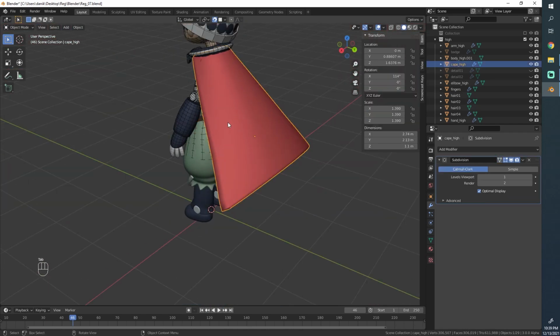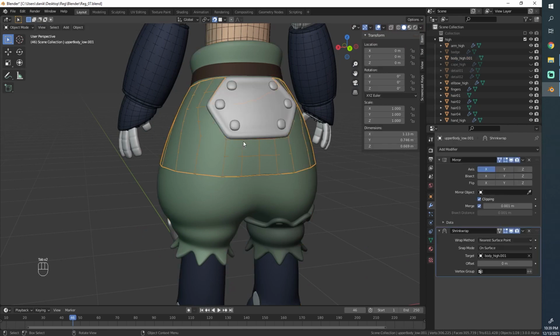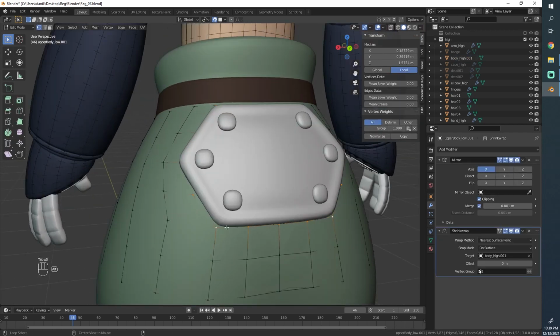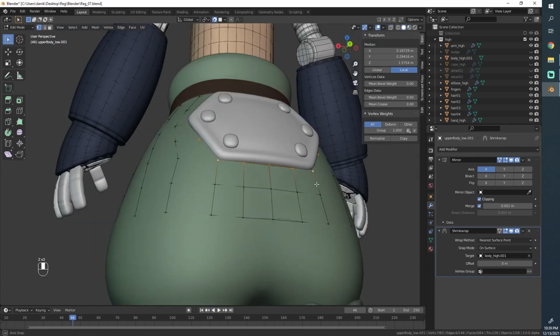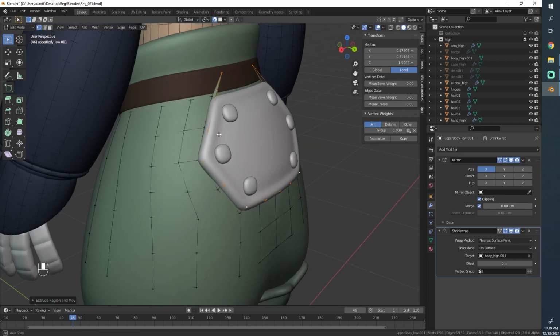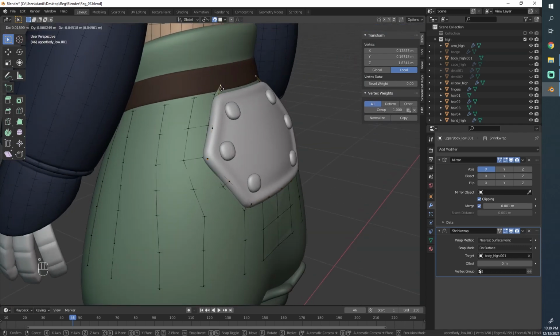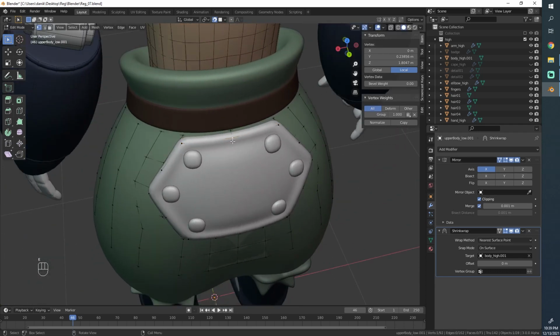So let's hide the cape. It's a bit in the way. Now we can quickly deal with this part. I'll select just the entire part around here with Alt and click. Then we'll just extrude it up a tiny bit. Because of the snapping, some parts kind of go far away, but that's okay. We can fix it up easily.